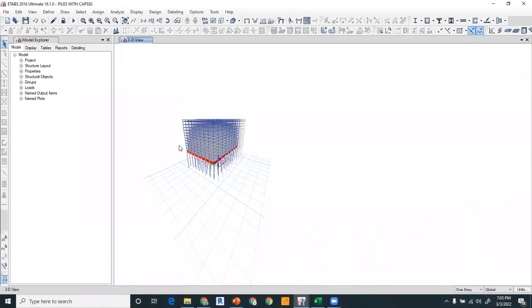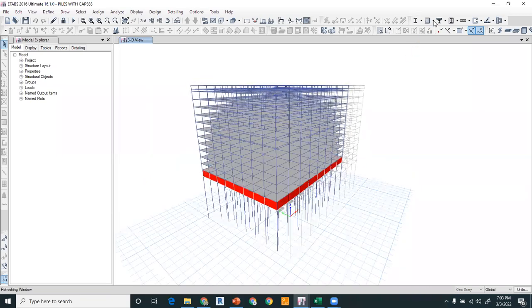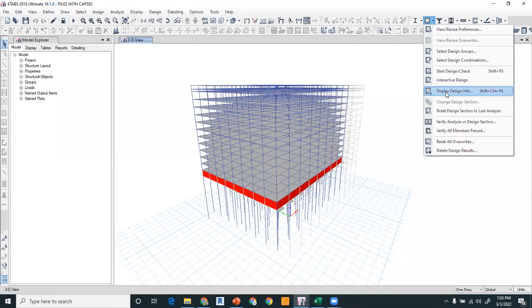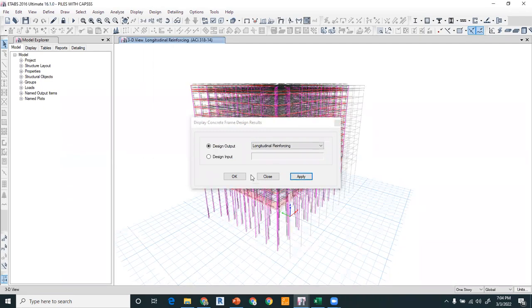Now the next phase is to design. I think it took 2.5 hours to run the analysis. Right, last night I ran the analysis, and let me display the reinforcement in the pile. If I click on apply, you can see it's very loaded. And if I display only the piles,